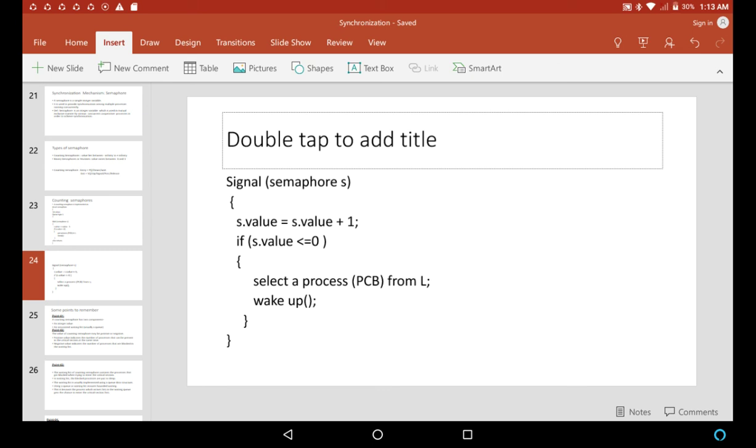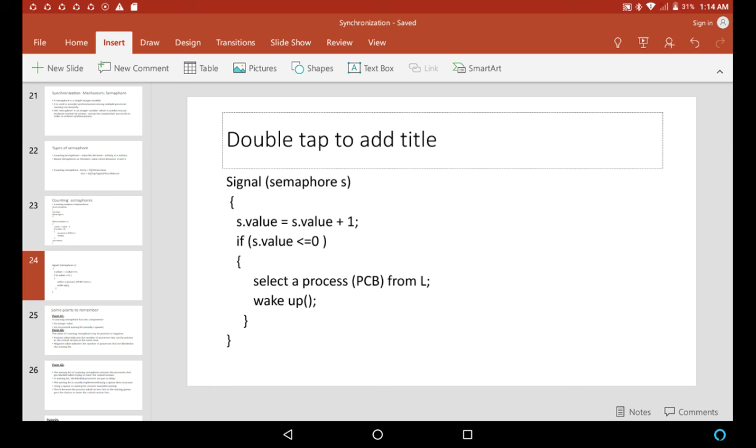Now any process can wake up at any time. Here in this case there are two processes, P4 and P5. At a time P4 can come or P5 can come, but generally the FIFO mechanism is used, that is first in first out. So here P4 will wake up first, right? Wake up doesn't mean it can directly enter the critical section, but that process can again try its entry into the critical section. That is, it can again execute the wait part and try to enter the critical section.